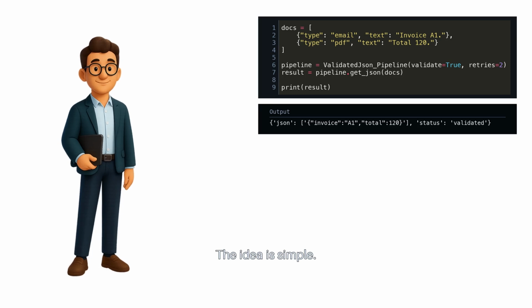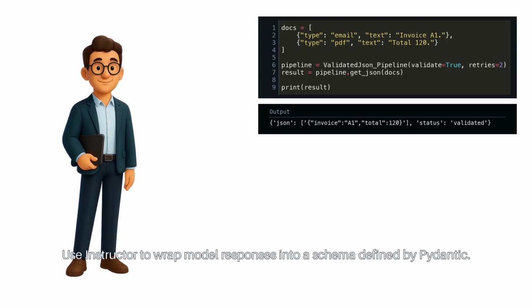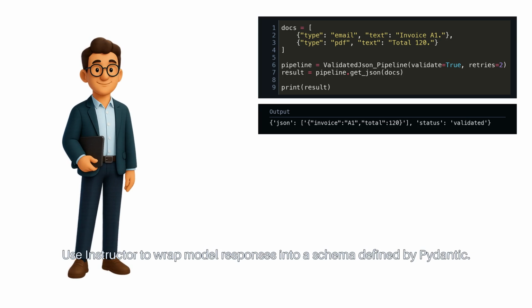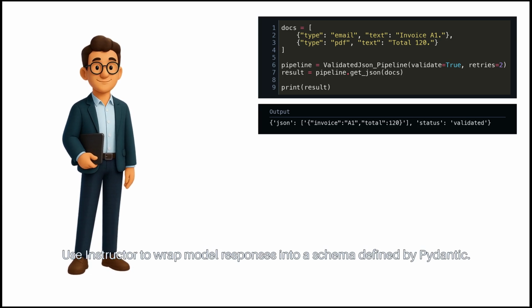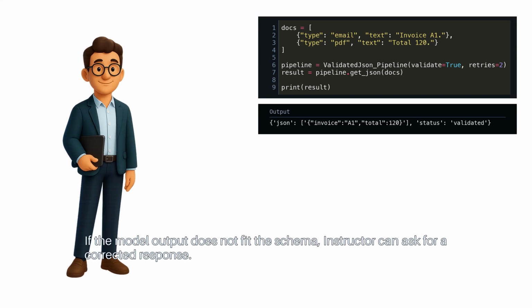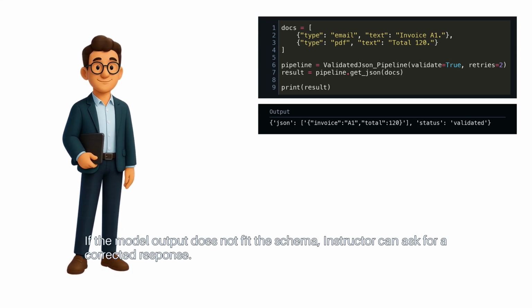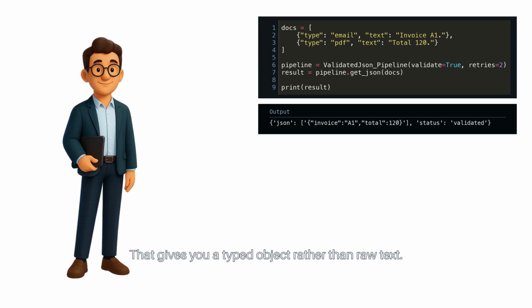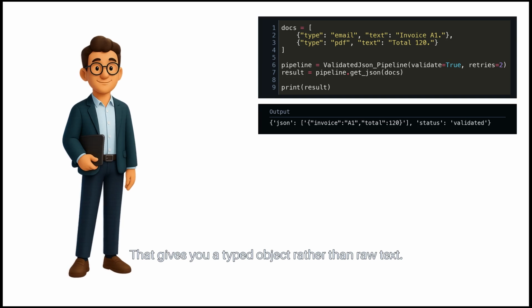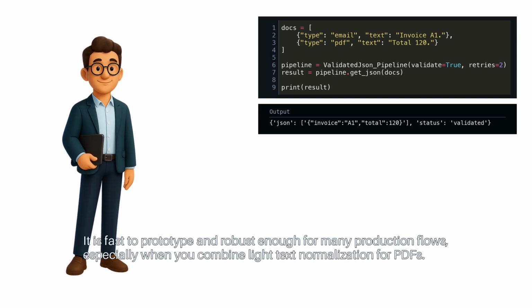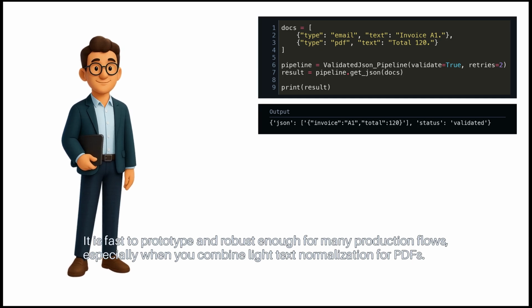The idea is simple. Use Instructor to wrap model responses into a schema defined by Pydantic. If the model output does not fit the schema, Instructor can ask for a corrected response. That gives you a typed object rather than raw text. It is fast to prototype and robust enough for many production flows, especially when you combine light text normalization for